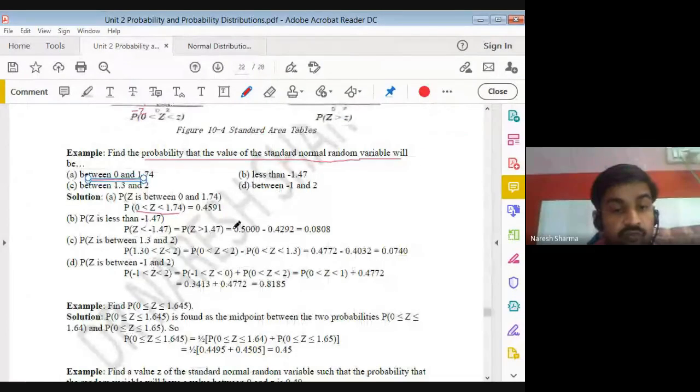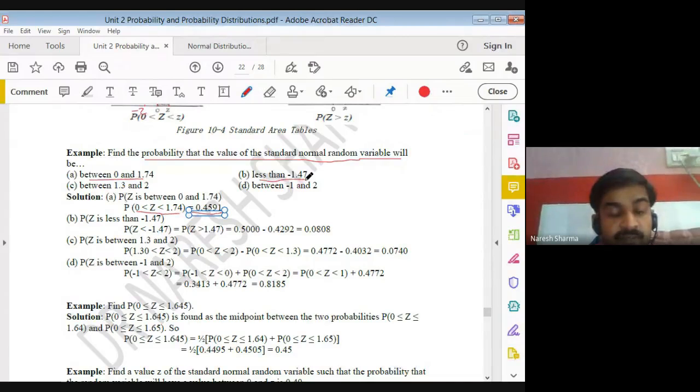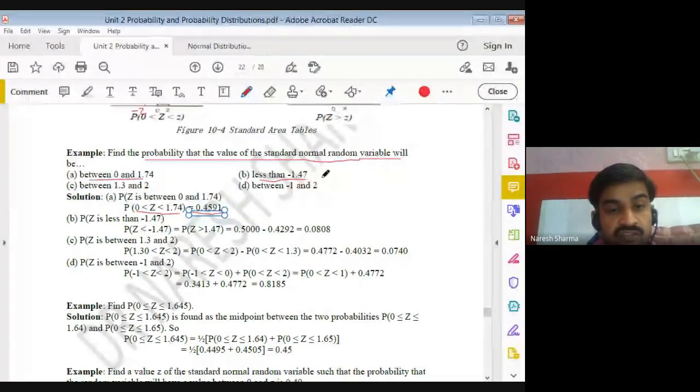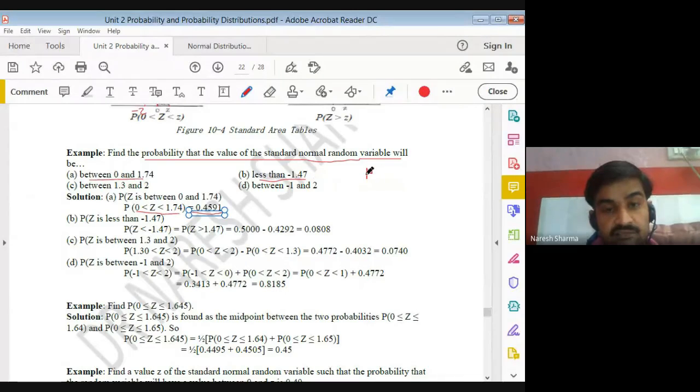0.4591. I hope it's clear to you. In the second point, please try to understand all these examples. These are important for the main questions. This one says the probability is less than a negative value of